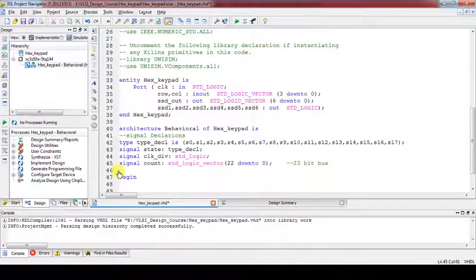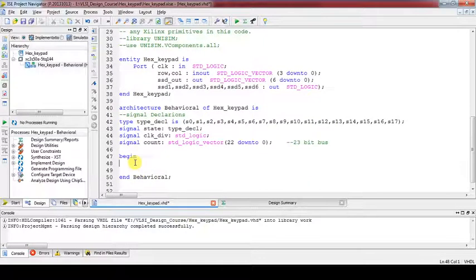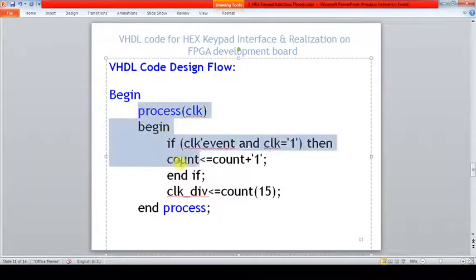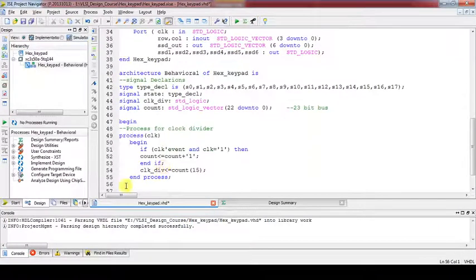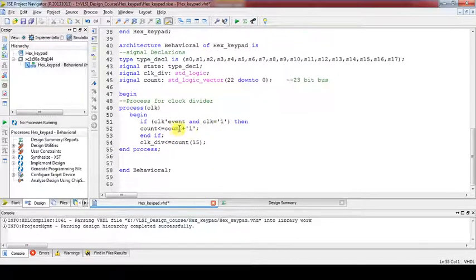Now begin. The first process we have to write is the process for the clock divider. That process also we'll just copy, Control C, after begin Control V. So this is the first process, for the clock divider. Here, if clock'event and clock equal to 1: on our board we have a 12 megahertz clock input, a reference clock.